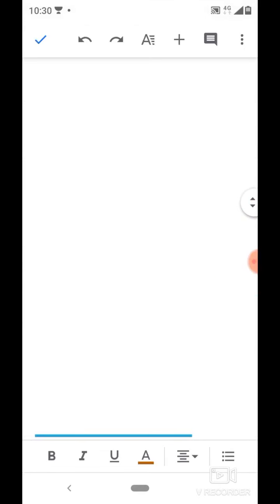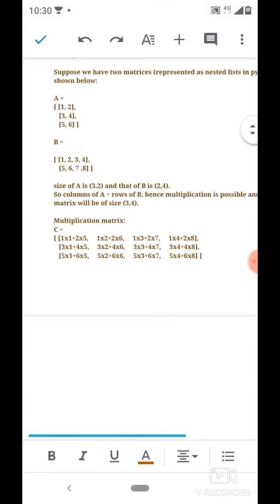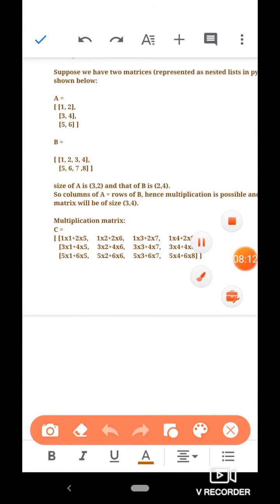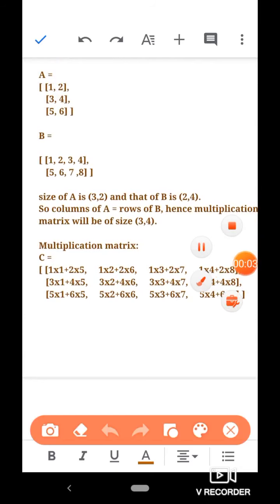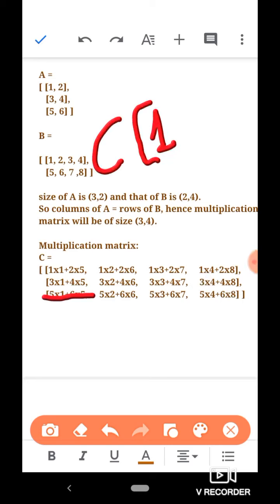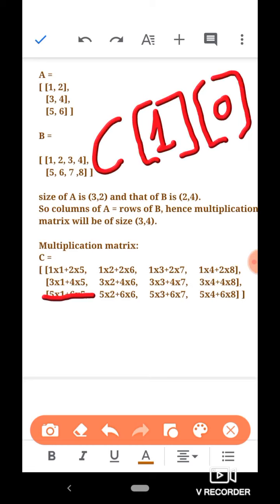Okay, look at it again. Suppose we talk about this item at row index 1 and column index 0: 3 by 1 plus 4 into 5. So this item is at row index 1 and column index 0 of matrix C. How did we obtain this item?